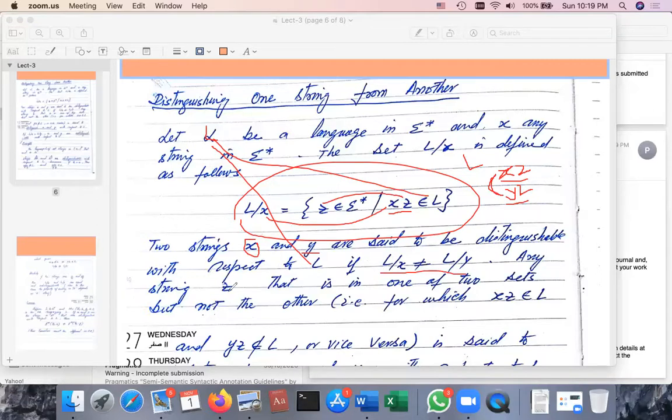Any string z that is in one of two sets. What are those sets? This one set, and this is another set. Any string z that is in one of two sets, but not the other. For example, xz for this one belongs to L but yz does not belong to L, or vice versa. Vice versa means yz belongs to L and xz does not belong to L. If from these two strings xz and yz,